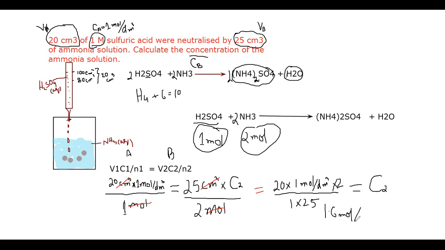This is the concentration of the second solution, and this is the formula of titration. With the help of that formula, you can see what kind of material we have. We have the volume and concentration of the acid, we found the moles with the help of the equation, we have the volume of the base and the moles of the base, but we don't have the concentration.